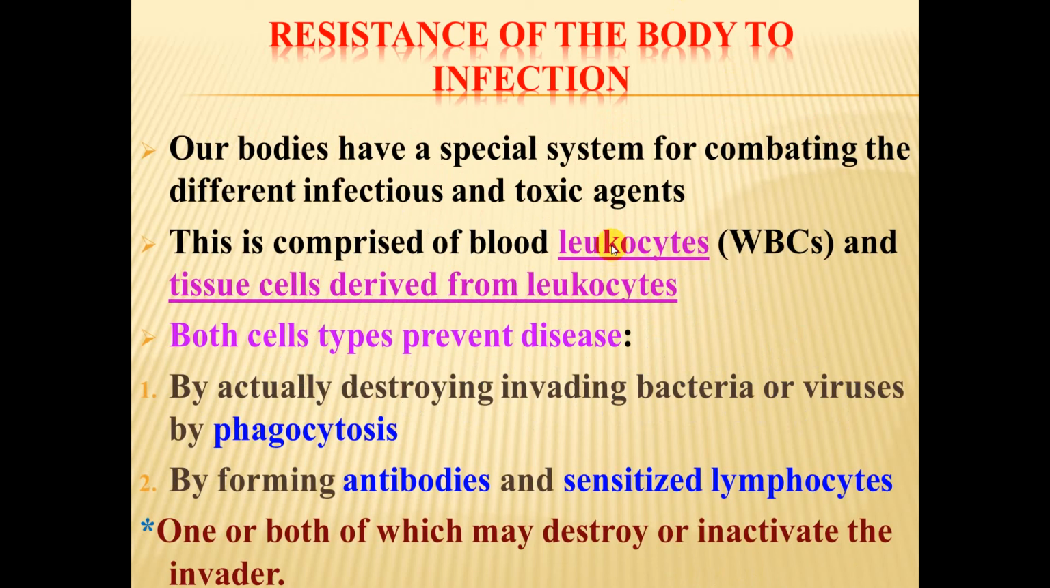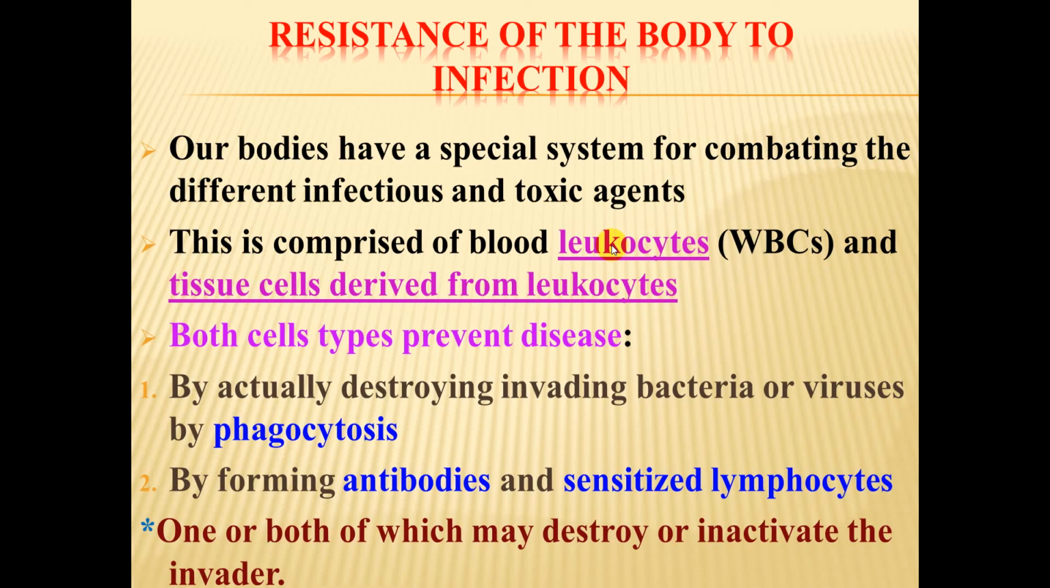Resistance of the body to infection. Our bodies have a special system for combating different infectious and toxic agents. This is comprised of blood leukocytes or white blood cells and tissue cells derived from leukocytes. عندي leukocytes two types. type موجود بالبلد و type موجود بالtissue. هو أصلا derived from